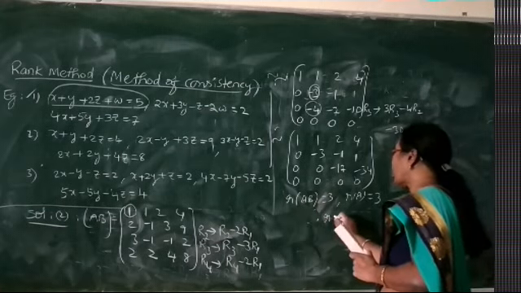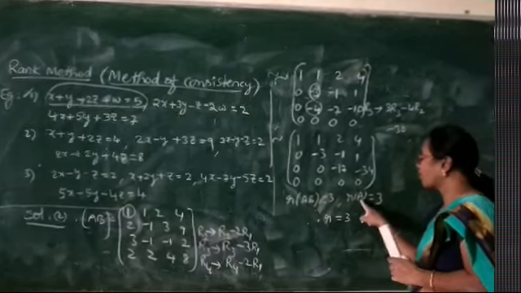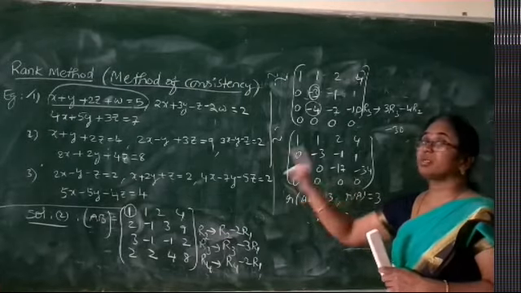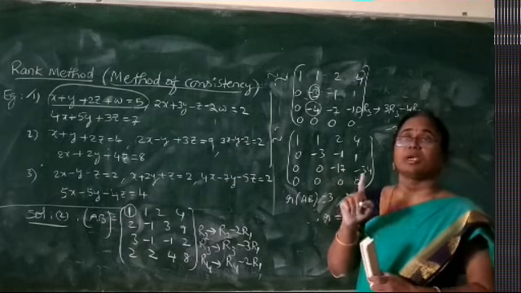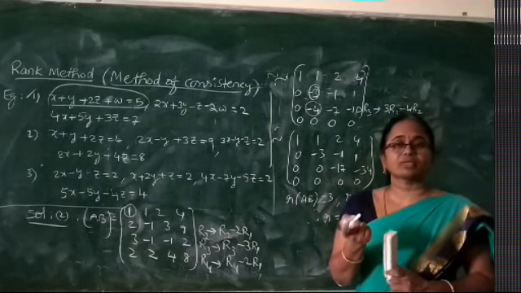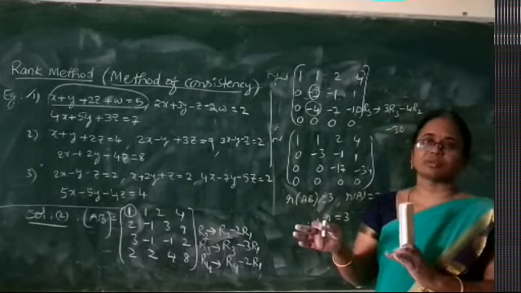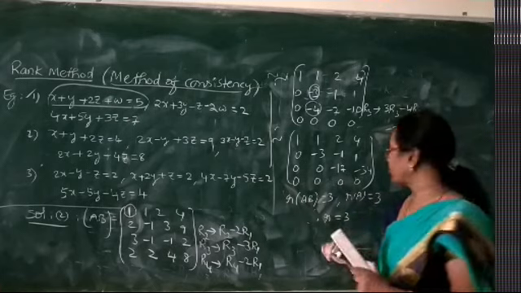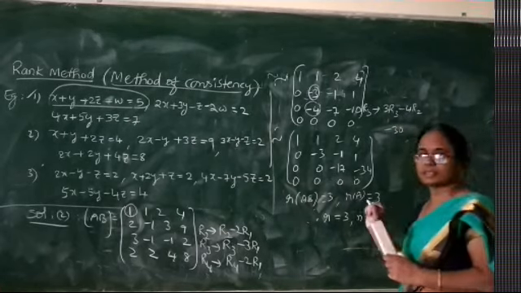Therefore we can say the common value R equal to 3. Because rank of AB is rank of A, we say that the given system is consistent, means it will have at least one solution. It may have either only one solution or many solutions. So now we have to discriminate which type of solution it can have based on this R value and the N value of the given system.